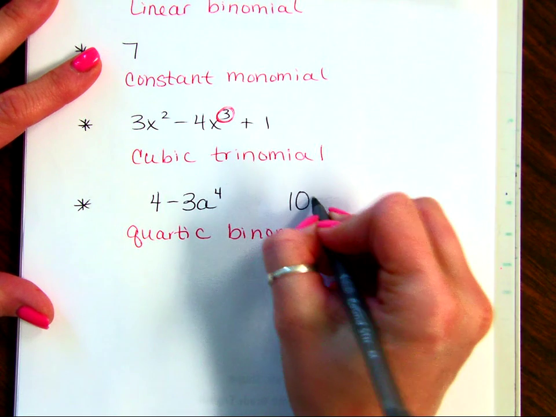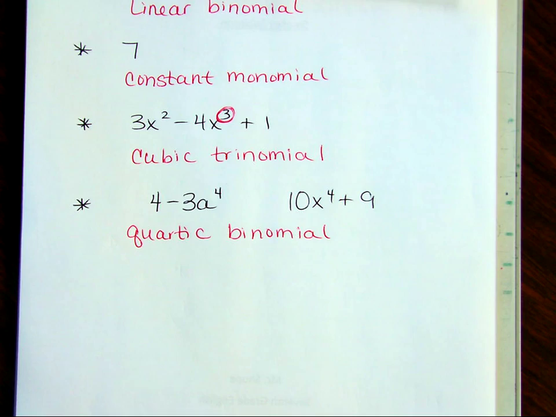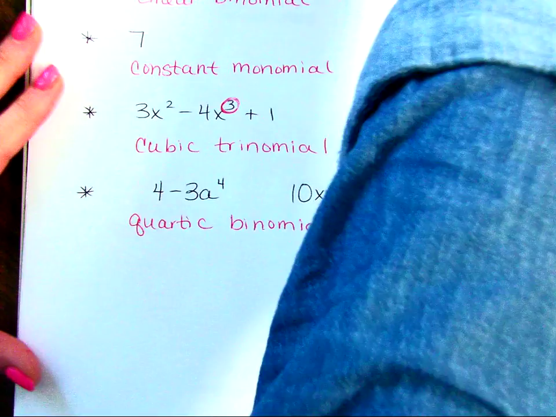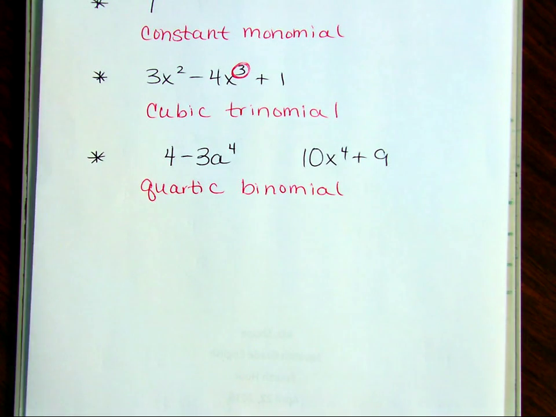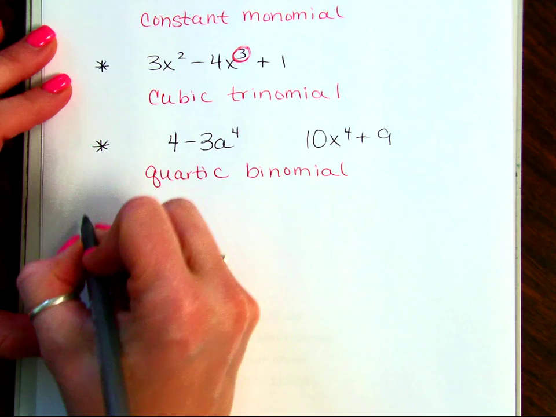10x to the 4th plus 9. Okay, you guys got it. Got it? Okay, got one more thing to show you, and then we're done. Okay, it's called standard form. And I know, you're like, no, not that again. It has nothing to do with the standard form that we learned about graphing, okay? So standard form